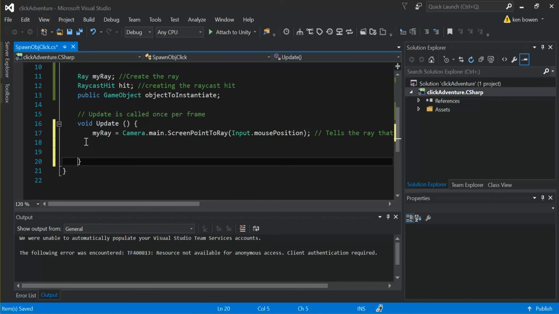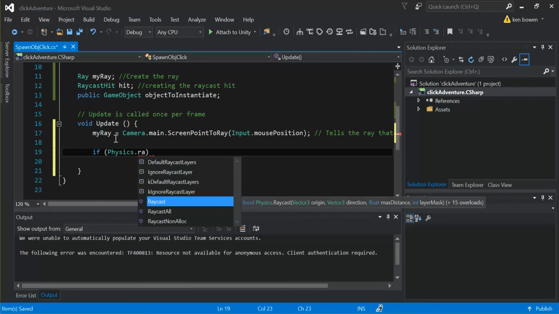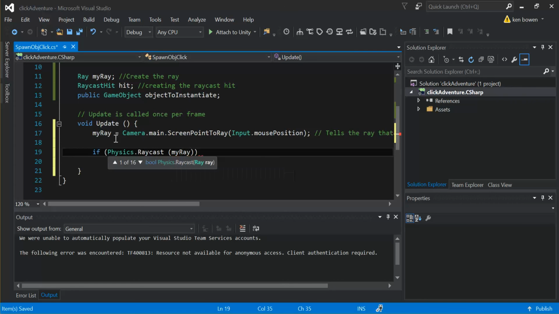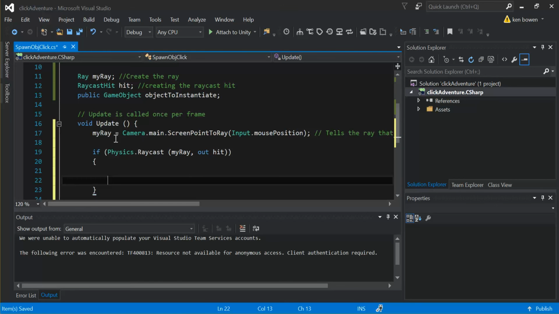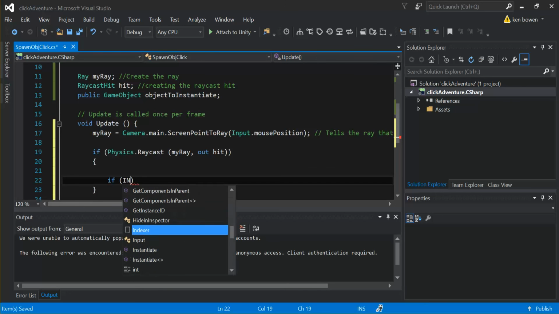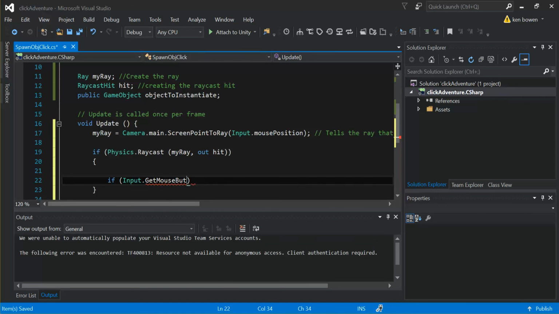It's got myRay, and then we want to say if Physics, because this is a physics command, dot Raycast(myRay, out hit), then if Input, oops, not indexer, if Input.GetMouseButtonDown(0),